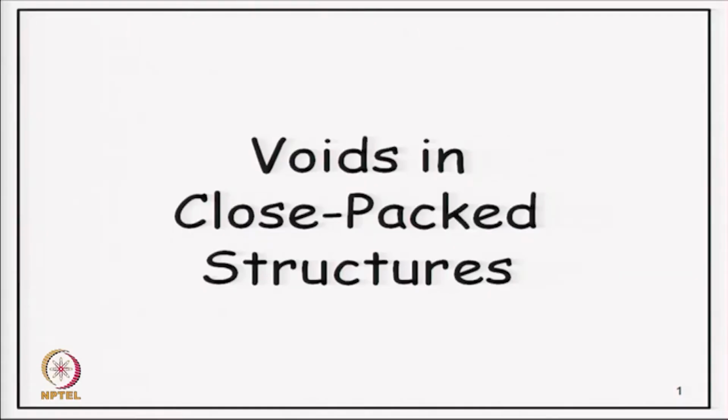Hello, let us continue our discussion on the geometry of close packed structure. In this video, we will look at the voids in the close packed structure. We have already looked at the lattice and motif structure of various crystal structures which form by close packing, in particular two of them, ABAB and ABC, where ABAB form hexagonal close packed and ABC form